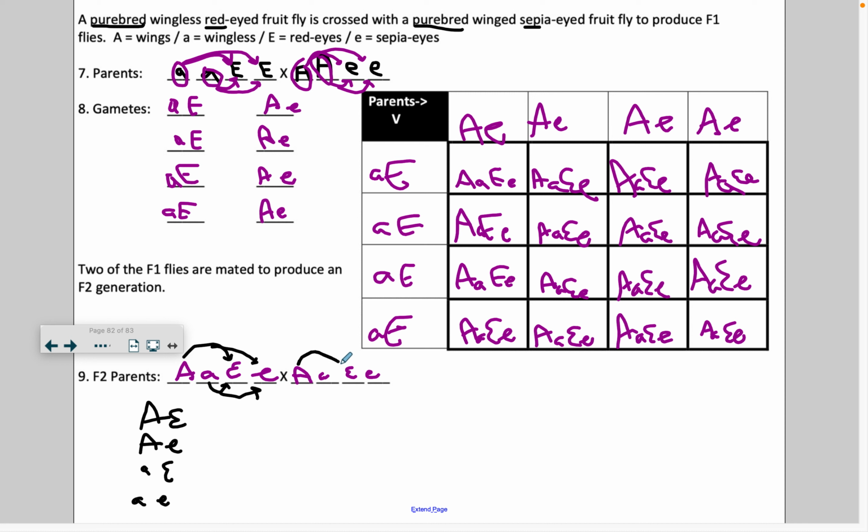Looking at parent number 2, distribute it through big A, big E, big A, little e. And then I look at my second set, little a, big E, little a, little e. All right, and then you'd write those at your next Punnett square, and then you'd fill it in, and then